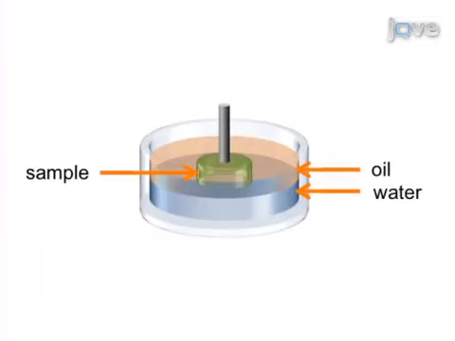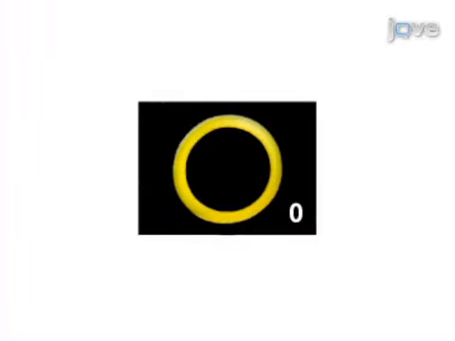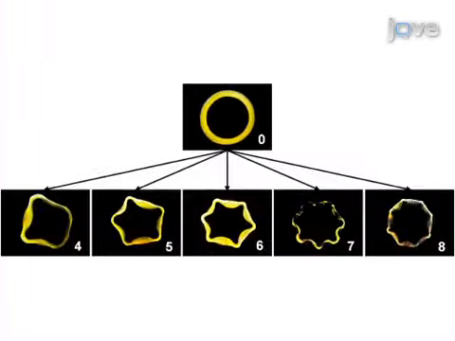Next, each sample is brought into contact with water in order to trigger shape transformation by swelling-induced elastic instability. Results show that circular tubes transform into various wavy patterns with different wave numbers depending on the geometry of buckling